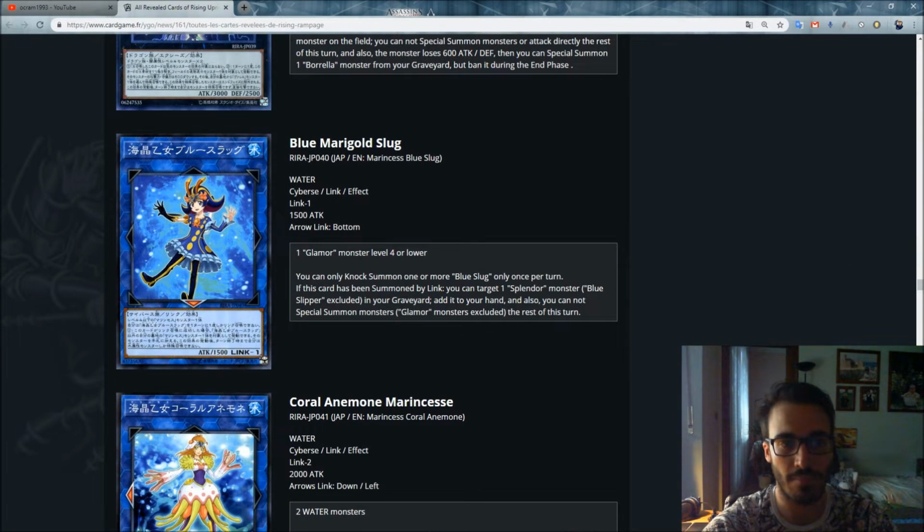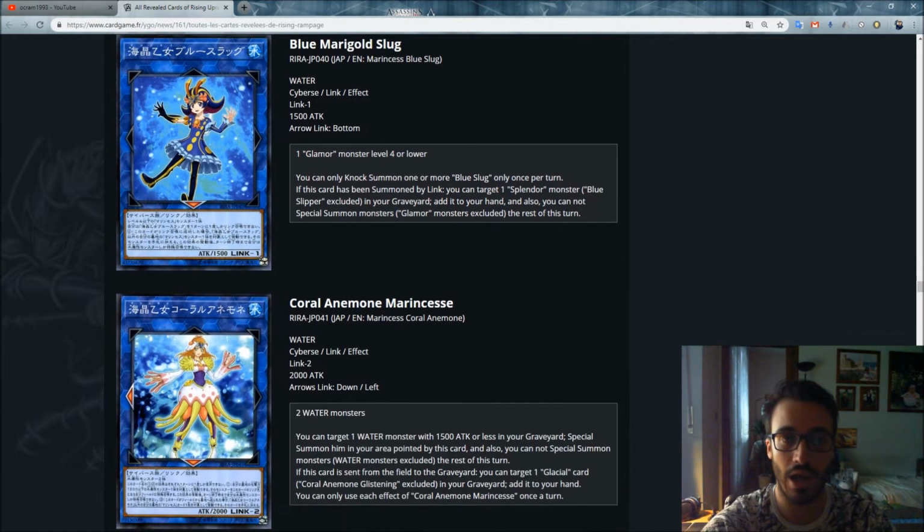Then we got the Marincess Link monsters. As I said before, with the Marincess you can easily special summon Link monsters. So if you are able to pull a lot of them into your sneak peek booster packs, I suggest you at least try this Marincess. One Marincess monster level 4 or lower. You can only special summon one more, only once per turn. If this card has been summoned by Link, you can target one Marincess monster, I think it's still Marincess, they keep changing the name, in your graveyard, add it to your hand, and also you can now only special summon Marincess monsters for the rest of this turn, but it will be no problem because you can Link climb in